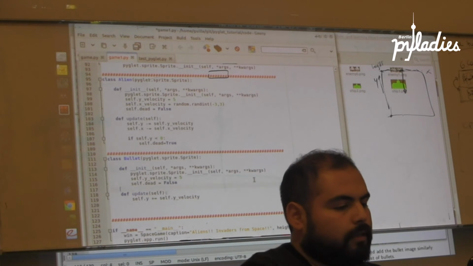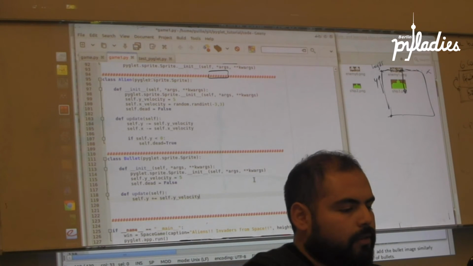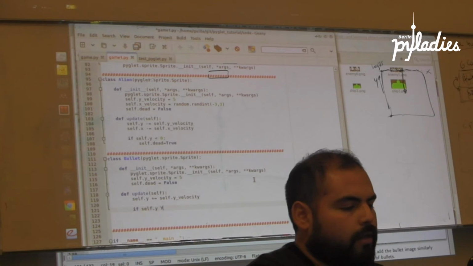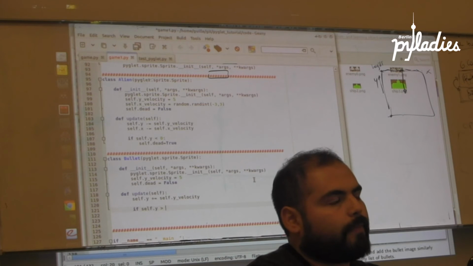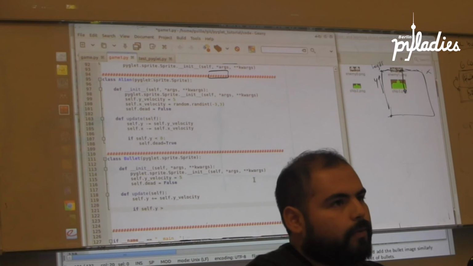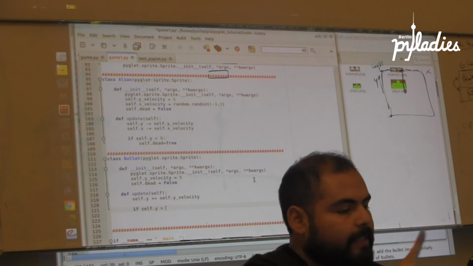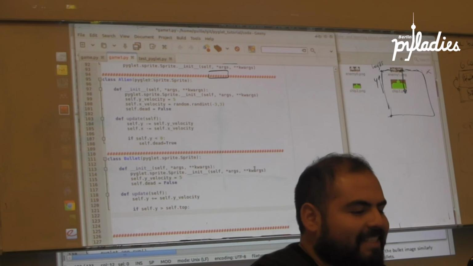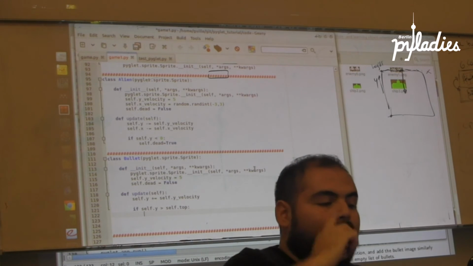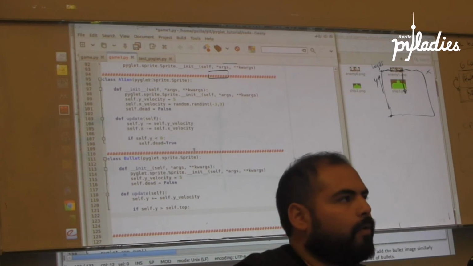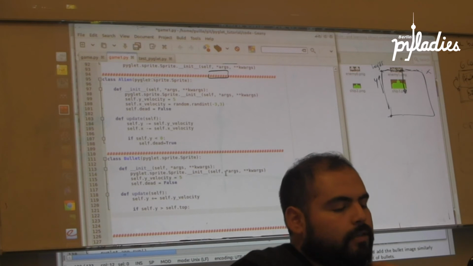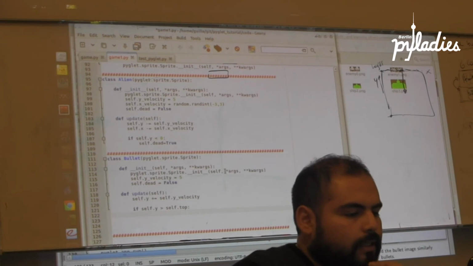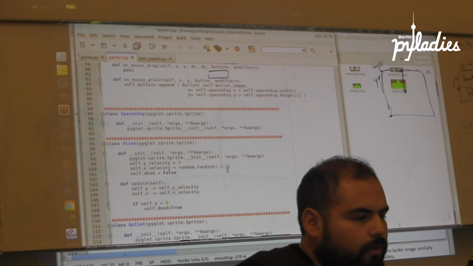At the beginning it is false, but then in every update, if self y is greater than the window height, and this is something that may be interesting. We need the height of the window, and we need to pass it somehow to the bullet. So one possible thing to do, this is how I resolved it, is that when you call